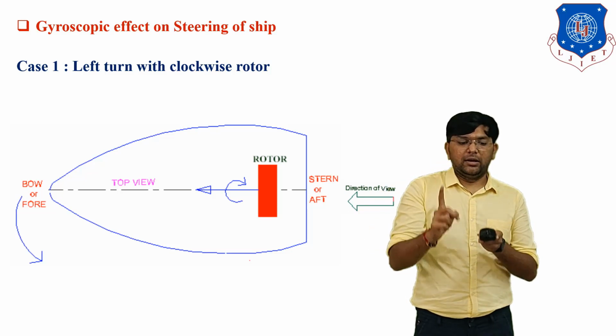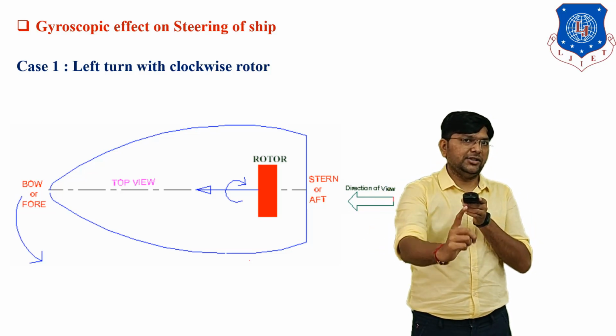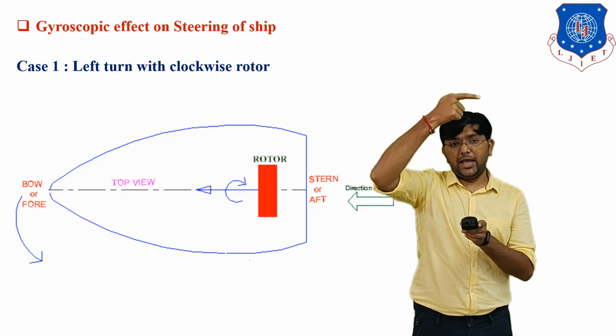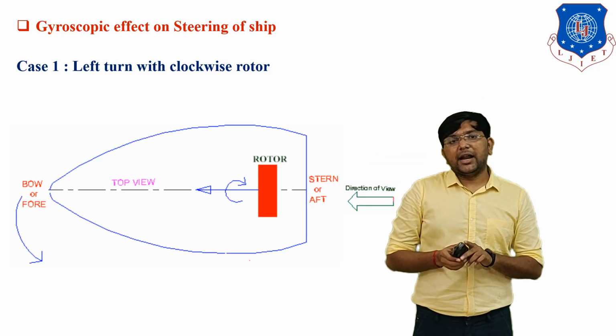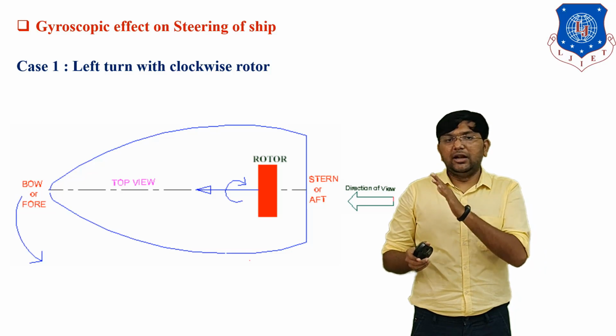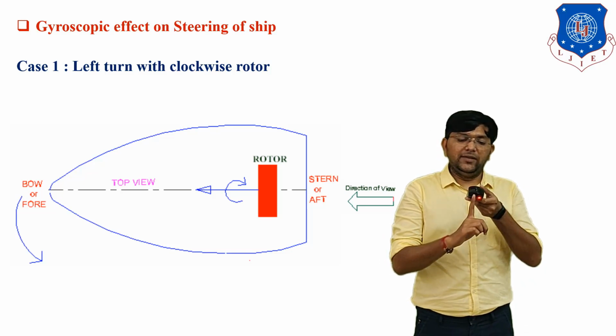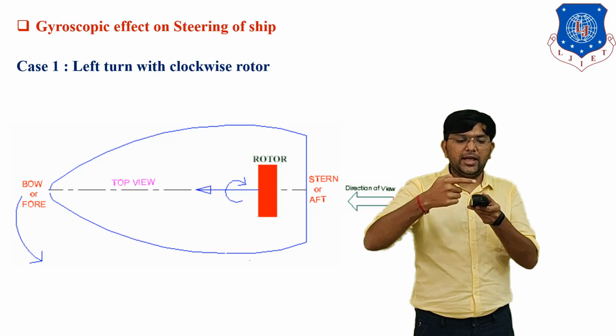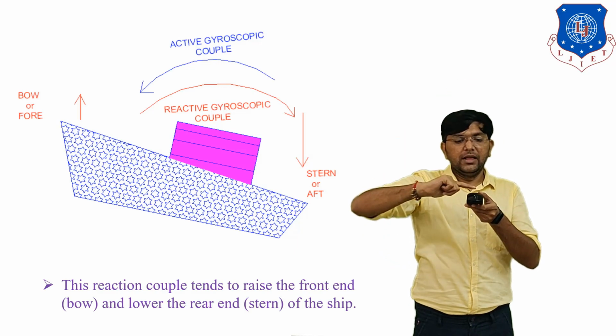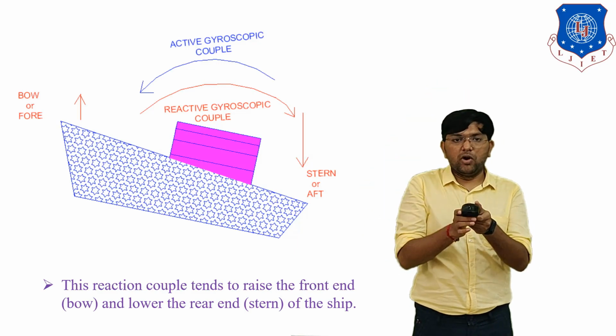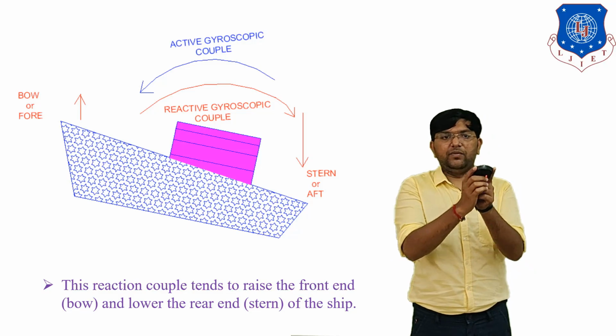Now we have two vectors. The first vector is in the straight direction. The second vector is in the upward direction. So the body always tries to move in the direction of the resultant force. Clear? So we have two vectors. The first one is the forward direction. The second one is the upward direction. So this is the resultant force, and the body always tries to move in the direction of the resultant force.